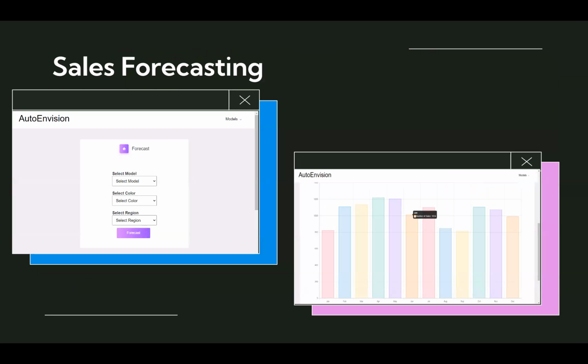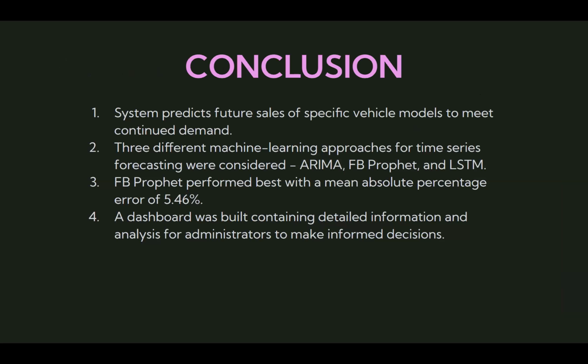Okay. So now the sales forecasting part. As I said, the manufacturer can select the model, color, and region, and according to that, the prediction will be provided to him in the paragraph part, where by hovering over that he will get the exact values for whatever region he has selected and the model he wants to see. Now coming to the conclusion part, the system predicts the sales for the future model